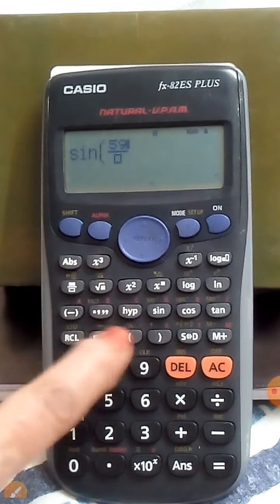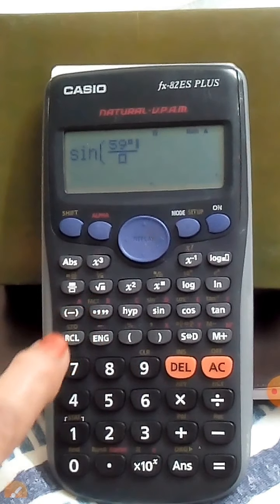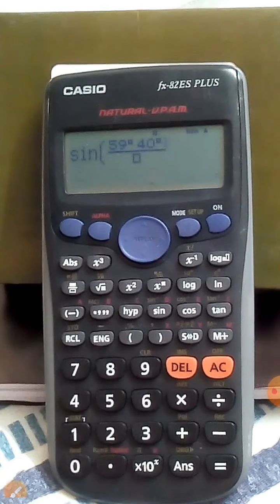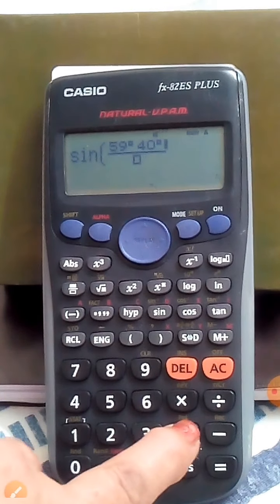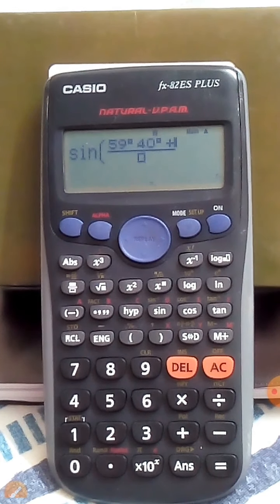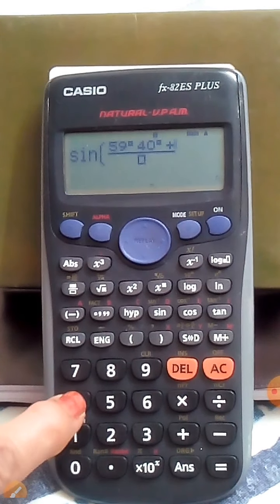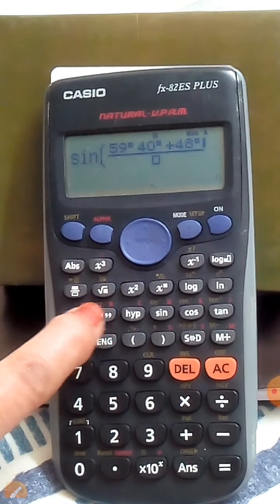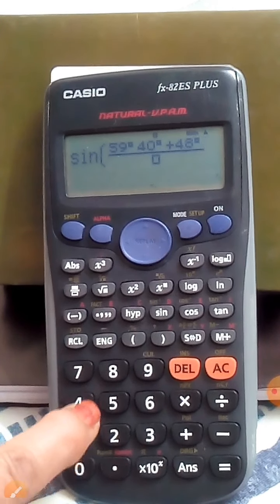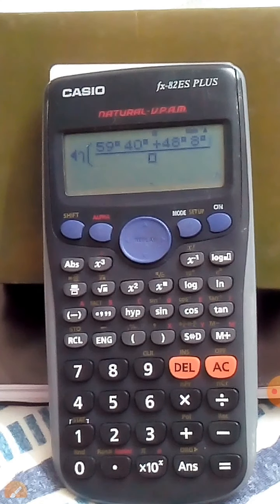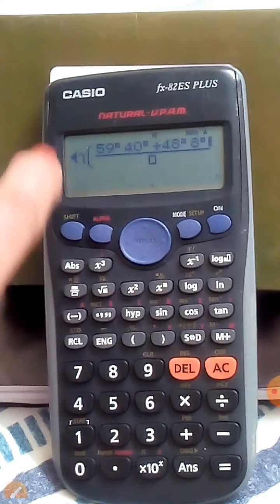So use this button again, and 40 minutes plus the value of delta M in our data, which is 48 degree 8 minute. So here you will use 48, use the symbol again over here, degree, and 8, again use the symbol, minute. Now the numerator part is complete.